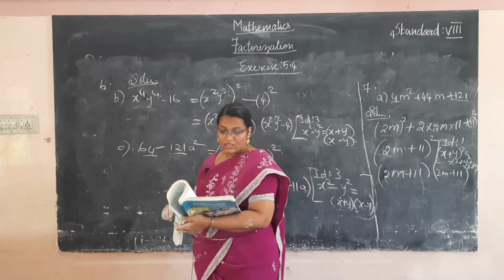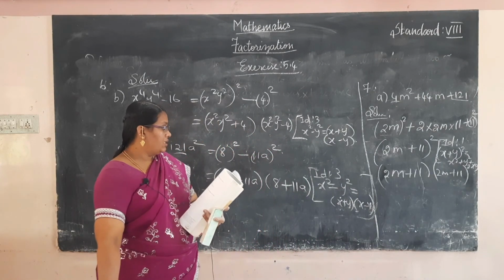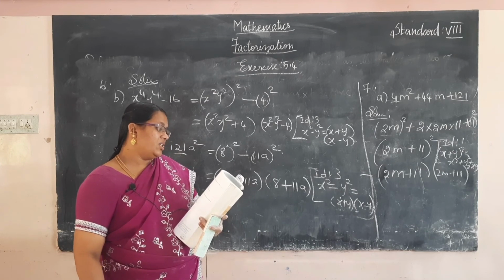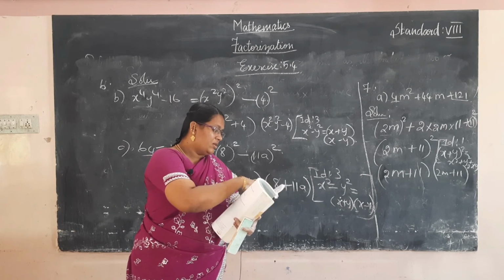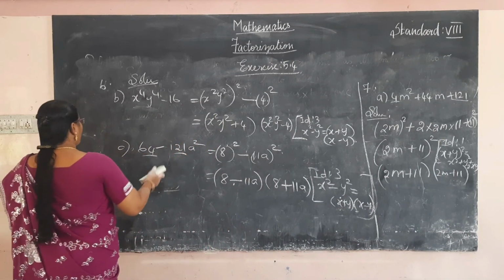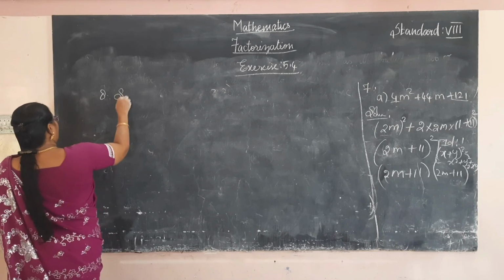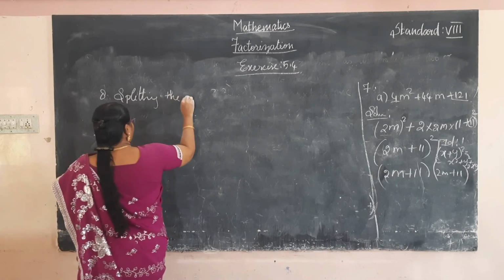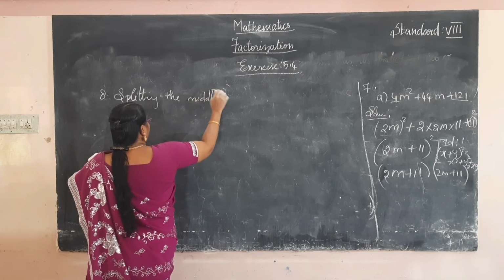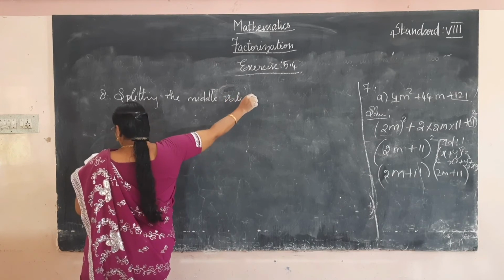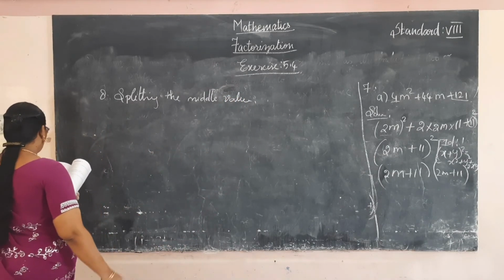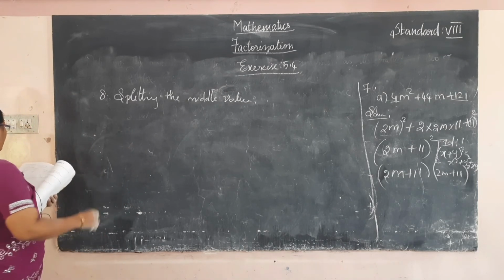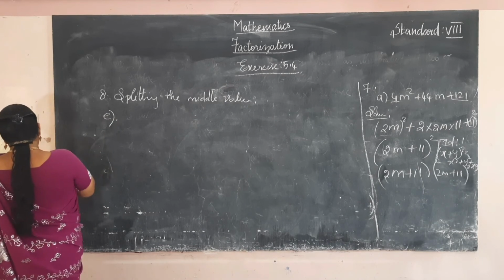Okay. That's it. So the remaining problems are homework in the 7th one, and then the 8th one, factorize by splitting the middle term. Okay, I'll do 2 problems from the 8th. Splitting the middle term. So the first 4 are easy. Okay, you will do the homework. I will write the E problem.